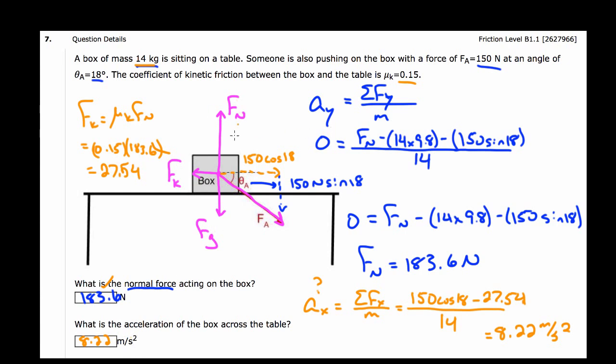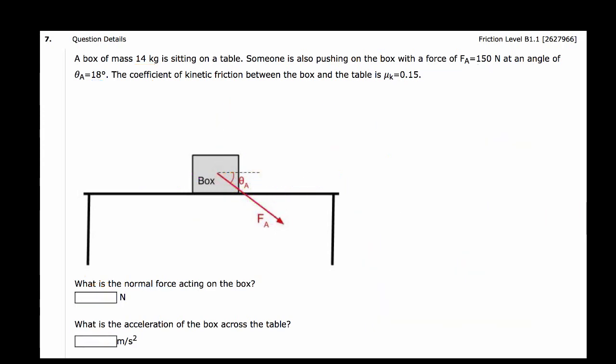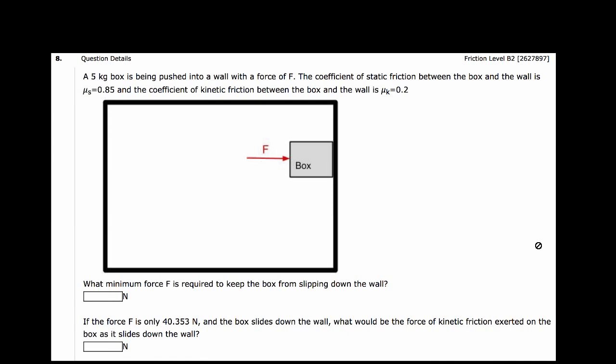So in this problem, the normal force was not mg, so you had to be careful. You couldn't just plug mg in for the normal force because there was an extra vertical force pushing on this thing. And other problems will be tricky too, so check out this one, box being pushed into a wall. Now the normal force, which is going to point to the left, is not even going to be in the vertical direction at all. So you're going to have to do Newton's second law in the horizontal direction in order to find the normal force. Then use that normal force in the friction formula to get the friction. All right, so please spend the rest of class